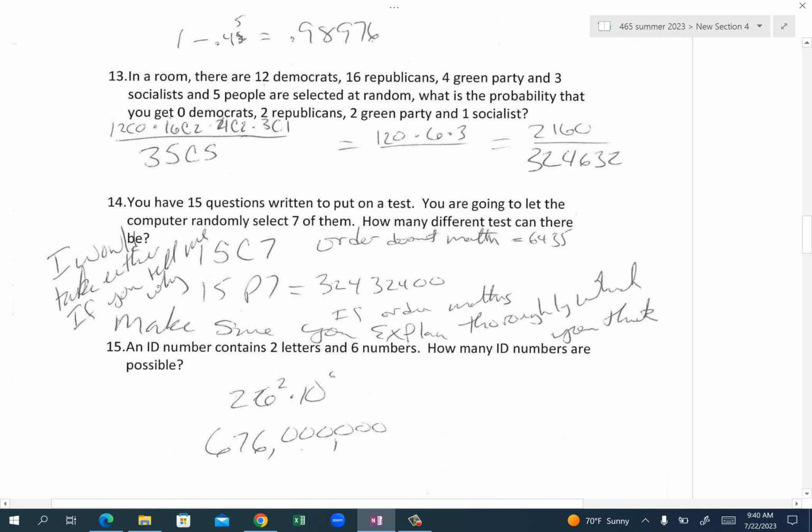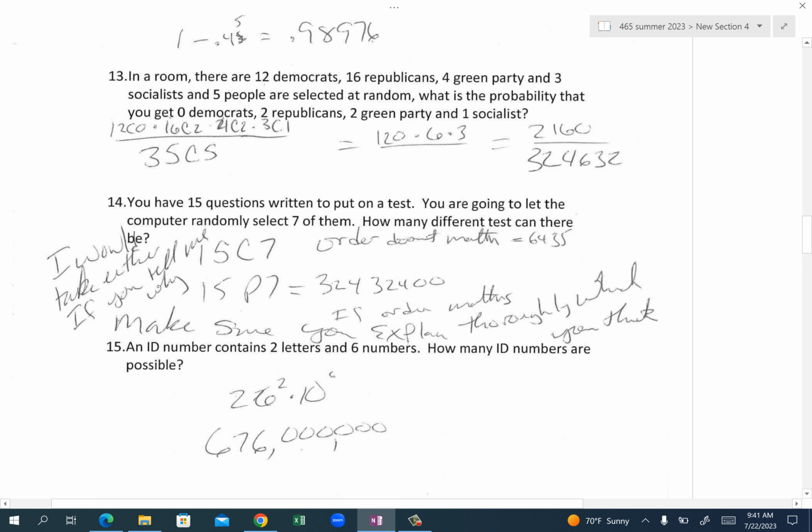Nice. Now, on this next problem, 14, I would have accepted either answer if we have the same questions on our test, but they're in a different order. If you had said to me, hey, I think that's a different test, I'd be okay with that. Therefore, permutations would be what you would have gone with. And if you'd have said, hey, that's the same test, I don't care how many different ways you can reorder the questions on the test. If they're the same questions, it's the same test. And if that's the case, then you would have said to me, oh, that's a combination. Okay? And in either one of those, I'd be okay with as long as you explain it.